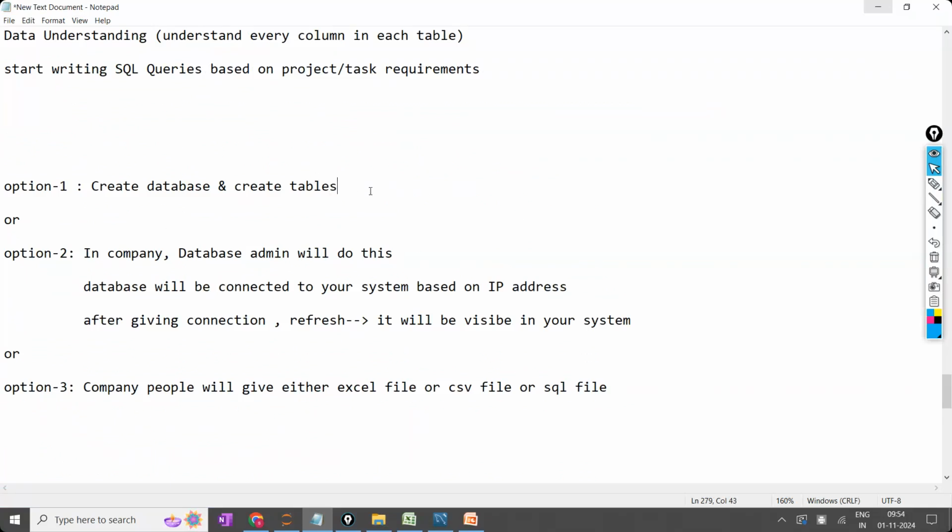The second option is that in the company the database is already available, the data is already available, and they give the data to you to analyze. This is another situation. And some people will give you an Excel file or CSV file that you can directly load. Those are the three situations I'm going to explain.